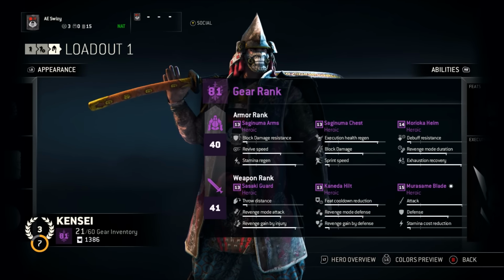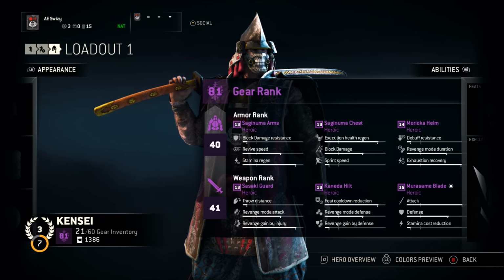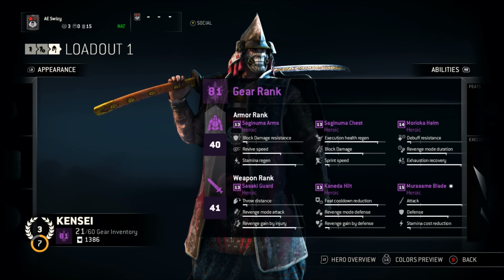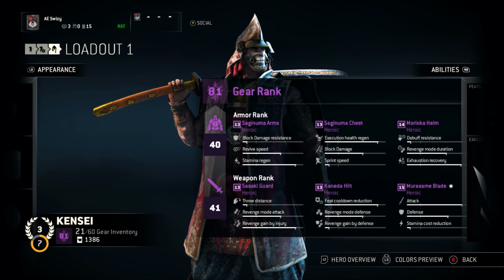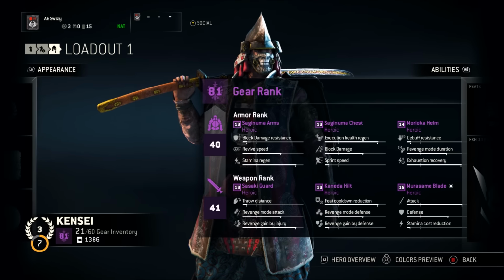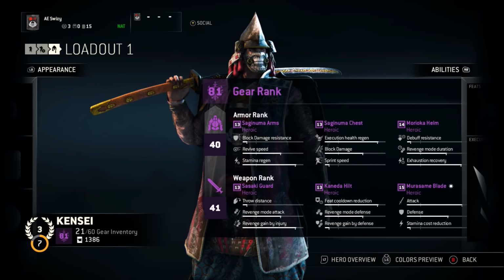How I will be reading my build is, I will start with the weapon first, and I will go from left to right, starting with the first stat, going on to the second and third stat. So starting out with my best attacking Kensei, going with the weapon first, the guard I got on it is